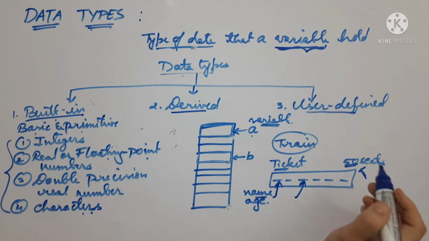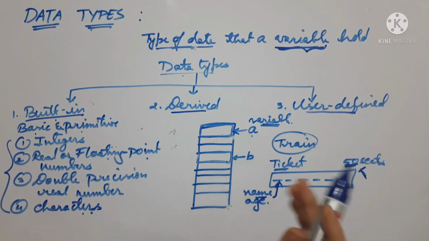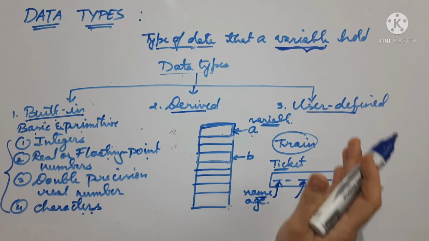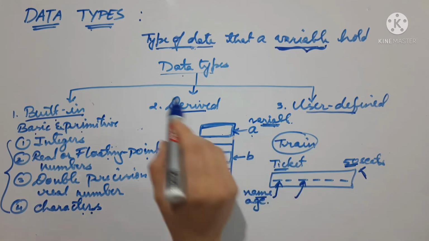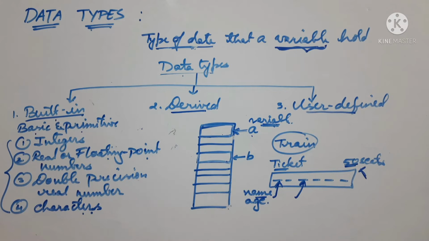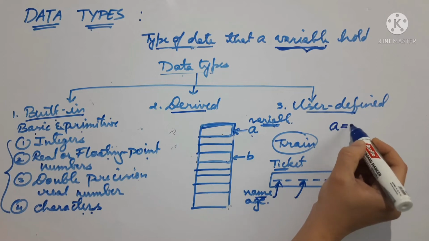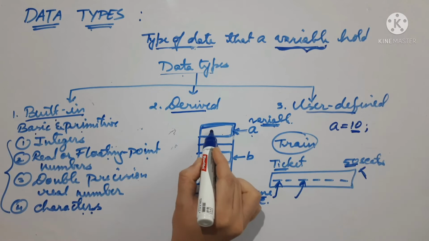So similarly, whenever you are writing a C program, the computer should know how much memory space is required for that particular program. For that reason, you declare the variable with the data type, and then the spaces will be allocated in this manner. Once the space is allocated, whatever value you provide in the assignment statement is stored. Suppose I am providing A is equal to 10. What will happen? The value 10 is stored here.